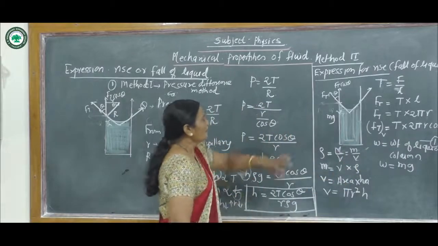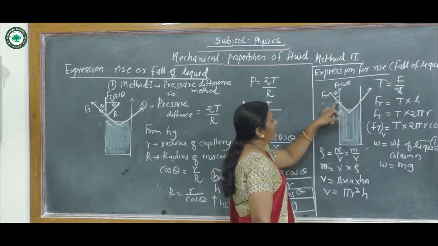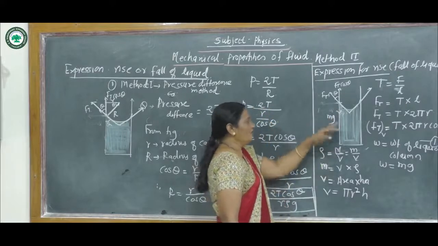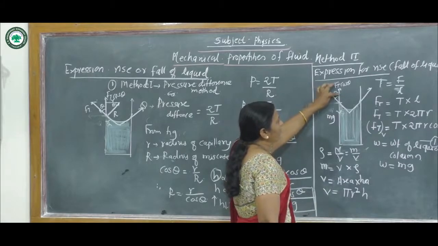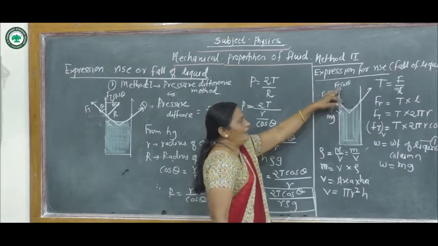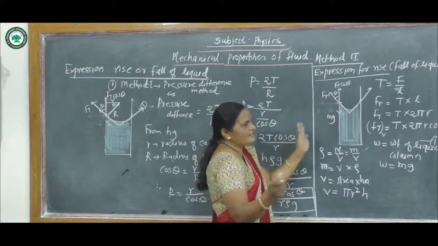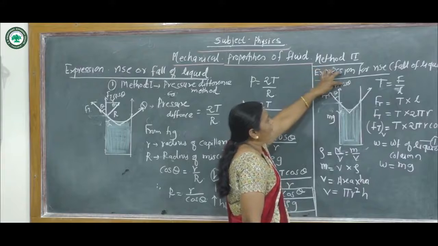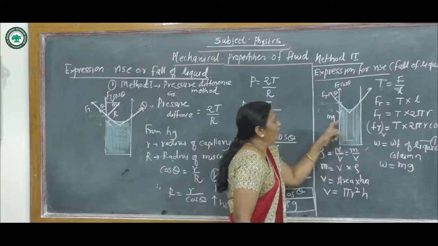See, in the figure, this is the concave surface. Draw the tangent here, and we get the angle of contact theta. It is acute for water or kerosene. Now this angle is also theta. This force is inclined and has two components, Ft sin theta and Ft cos theta. Ft sin theta is the horizontal component; it is equal and opposite, so it cancels. Now the remaining component Ft cos theta is balanced by the weight of the liquid column.